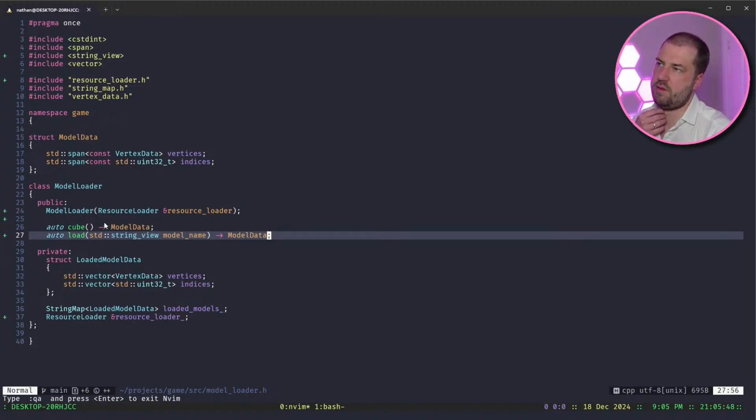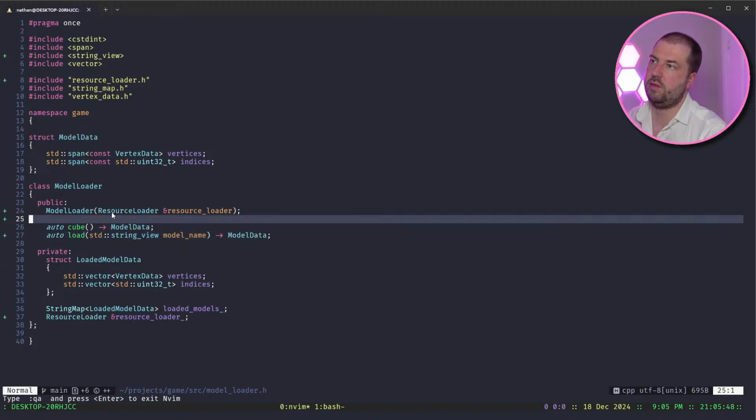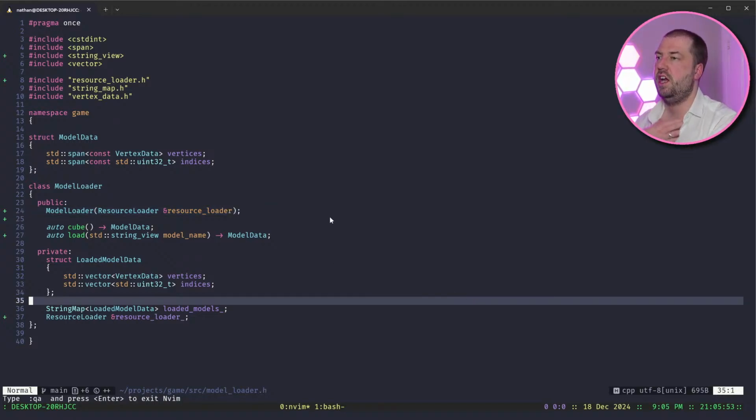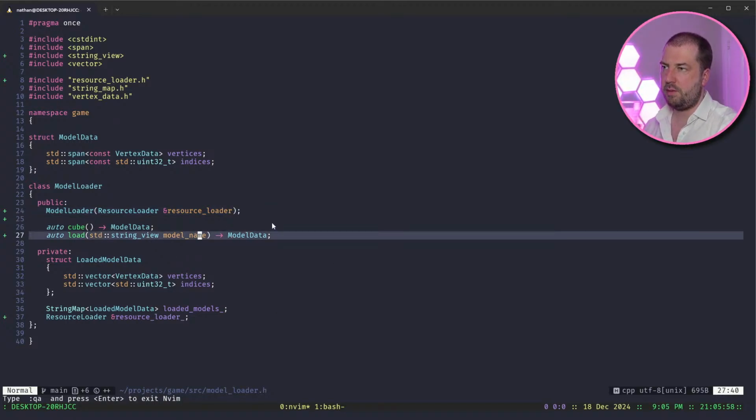We'll have a model loader. It will have the ability to load resources from disk, and then we're basically going to say, load me this model name. The problem is that I think we're actually going to need two things. I think we're going to need string view model file,